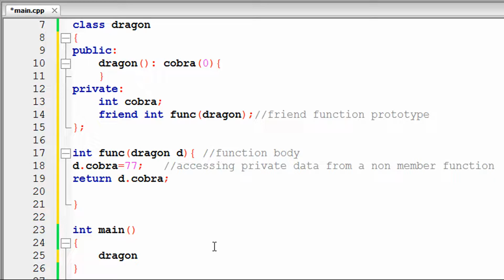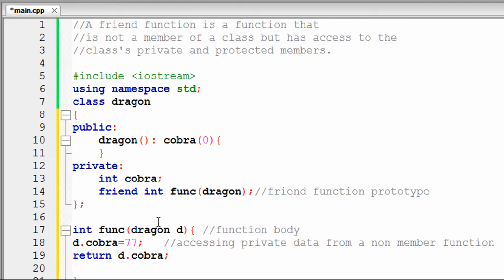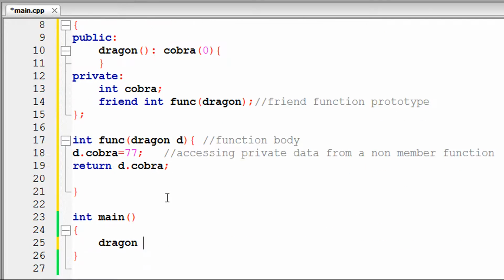So what I'm doing right here, I'm creating an object. I'm creating another object because since we are inside another function, and when we want to access the stuff inside our class, our Dragon class, that's why we make objects to access the stuff from the class. So I'm gonna name this object D2, and then I'm gonna write cout, and then I'm gonna type Dragon is now,